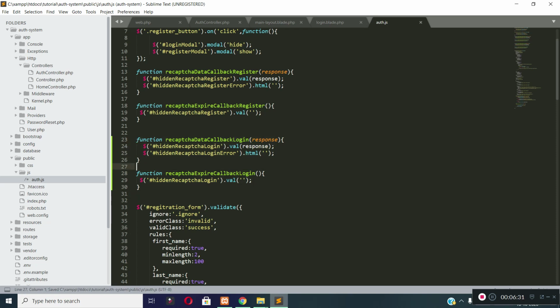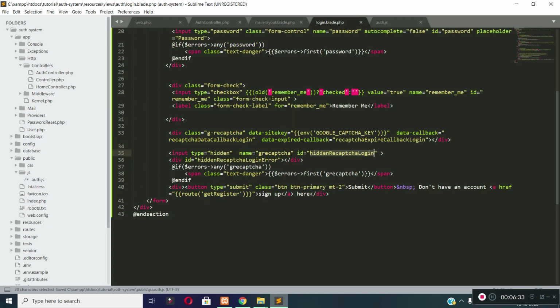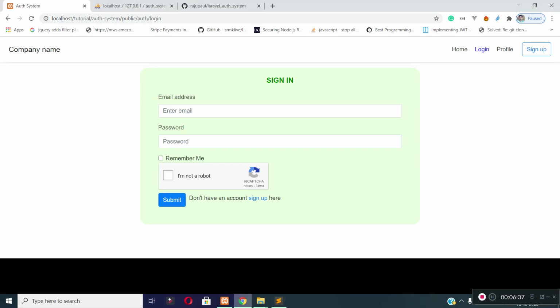What am I doing here? Basically, data callback function will be called whenever a user will check this Google reCAPTCHA field.